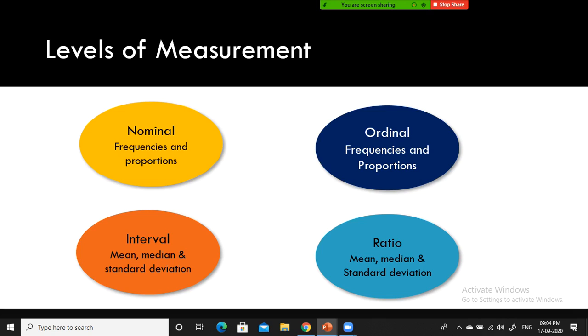The next one is ordinal. Earlier I said both nominal as well as ordinal, these two types of variables are categorical in nature, but there is a distinction between ordinal and nominal. That is the reason why within this categorical type of variable, they created two different types. One is nominal and ordinal. What is ordinal? For example, you have a column called appraisal rating.